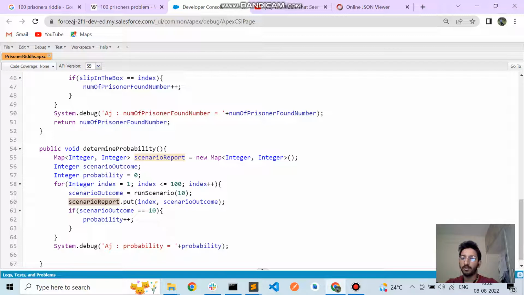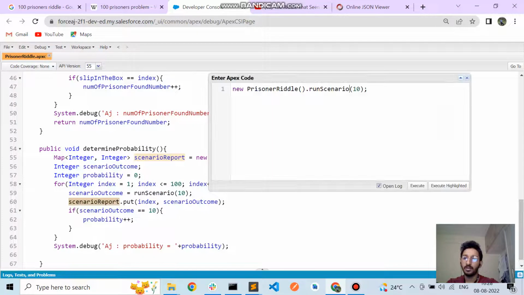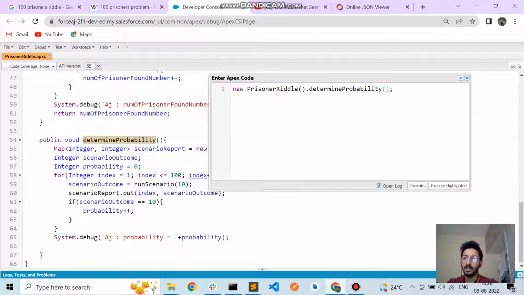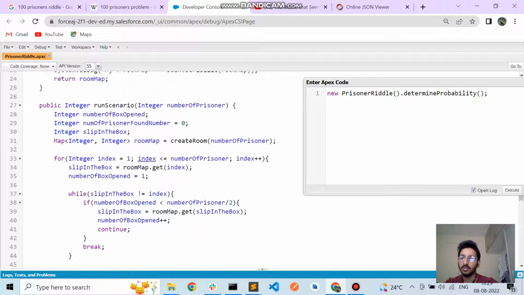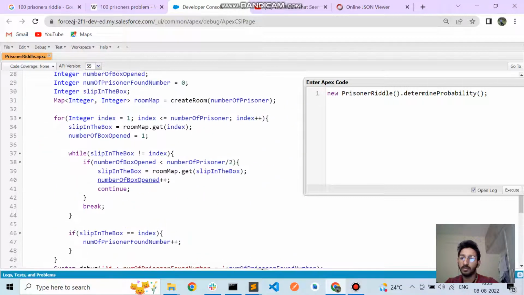Okay, so for now, instead of using the run scenario method, I will use the determine probability method, right? And this method doesn't take an input for now. We will enhance the code later on, and I'll just execute this one. So what will happen is it will come here and run this scenario 100 times. Each time it runs the scenario, it passes 10 as the number of prisoners. We can make the number of prisoners dynamic at a later stage. So it will execute, and this run scenario will execute with the number of prisoners as 10,